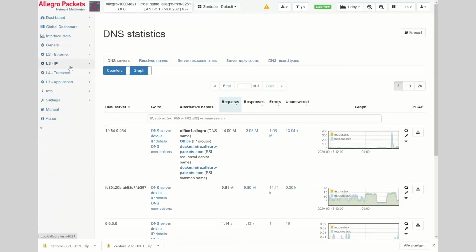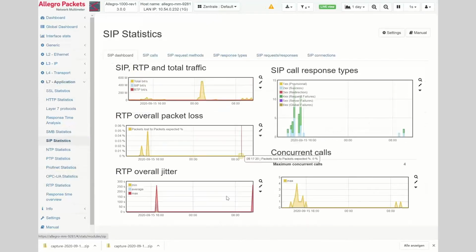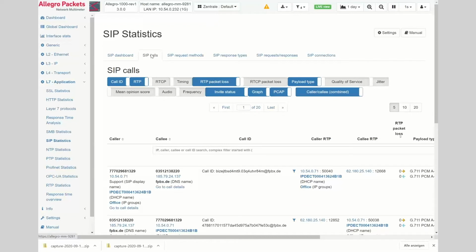Next topic on my list is VoIP. In the last months, we have seen a dramatic increase in VoIP traffic in companies, especially on WAN links. We have seen a dramatic increase in RTP connections. So for release 3.0, we decided to improve the SIP statistics. Let me go into detail here for a few cases.